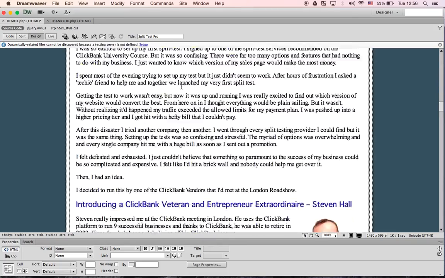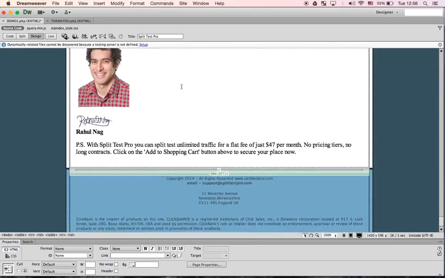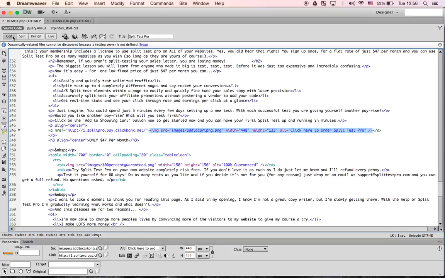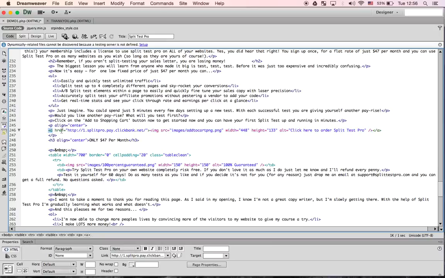I need to go and find my order button, which is right near the bottom. There it is. So there's my order button. So I'm going to click on this. I'm going to go into my code to have a look at where it is. And this is my link. That part there is the link, and where I need to put it is just after the link, but just before the closing link angle bracket. So I'm going to pop it in there